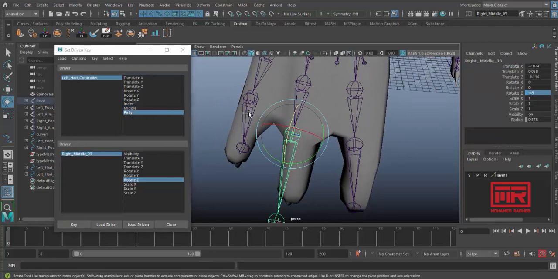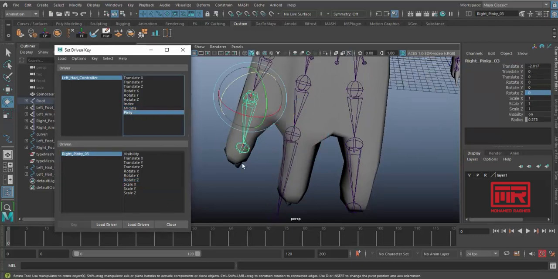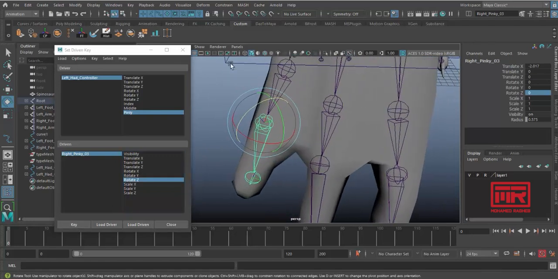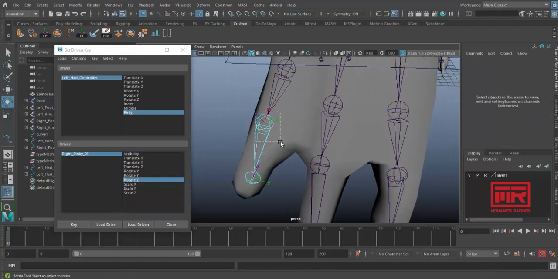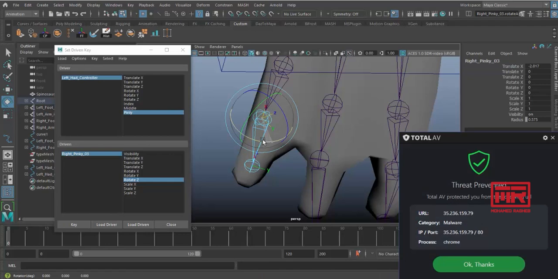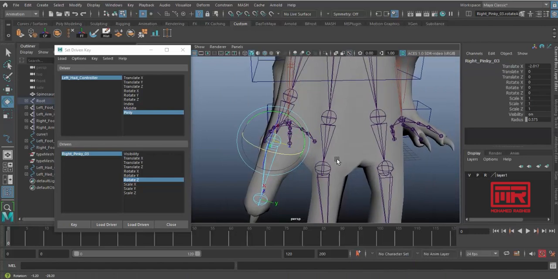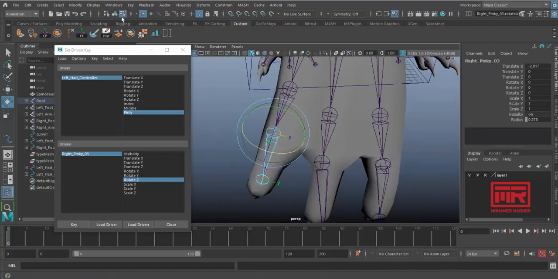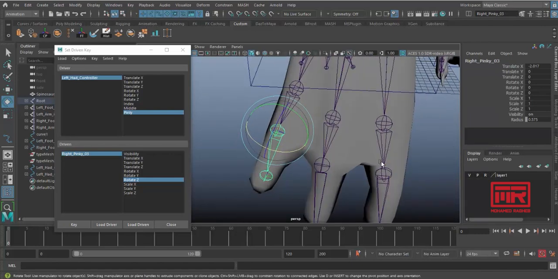And for the pinky, load driven, translate Z, and before hitting key, let's fix it. Obviously they have changed